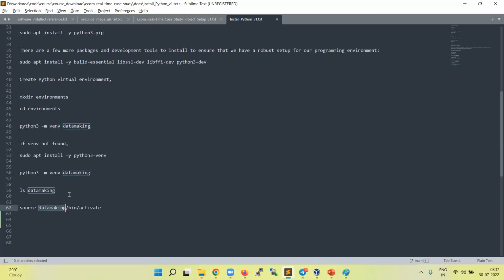So the syntax is source, then the Python virtual environment name, followed by bin/activate. Here DataMaking is my virtual environment name.